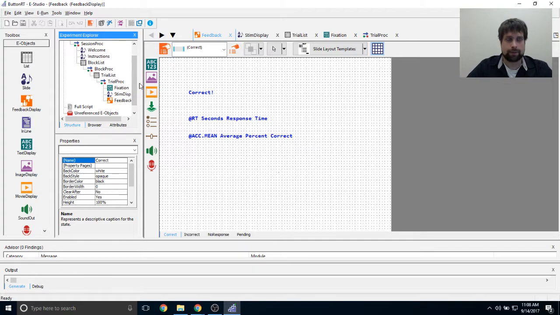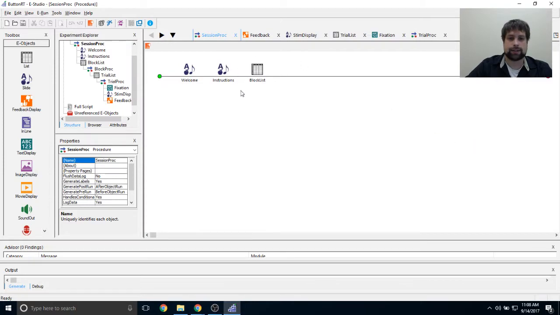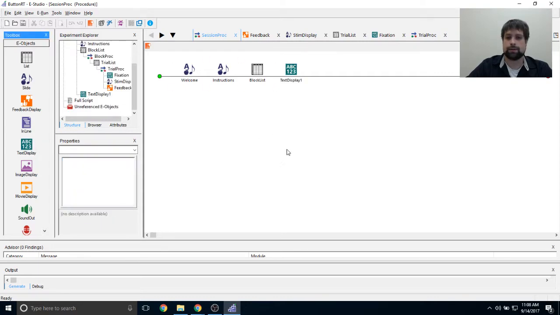Now, theoretically, I could finish the experiment here and be like, okay, I'm done. But I want a goodbye object. I just want something saying, hey, thanks for participation, goodbye. So what I'm going to do is make a text display object, put it at the end